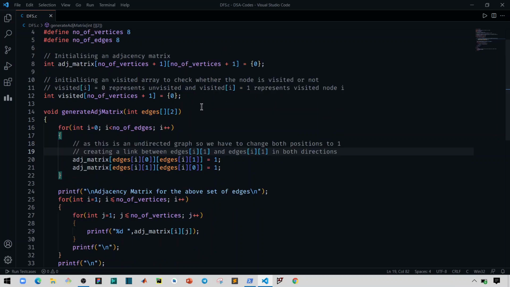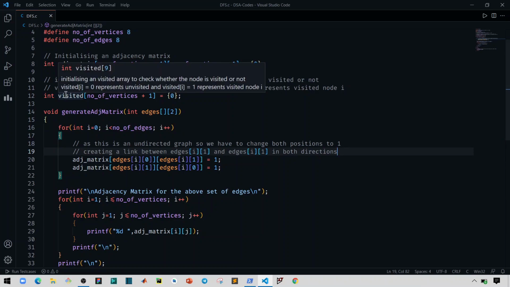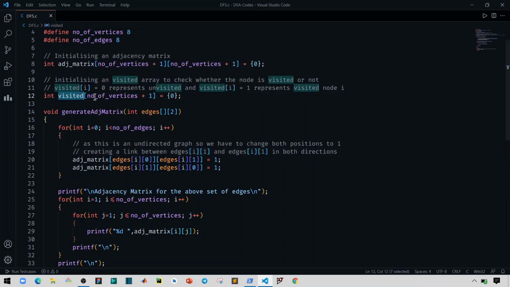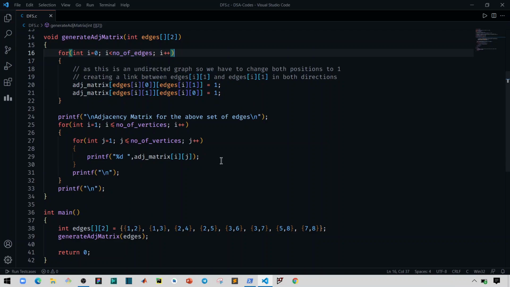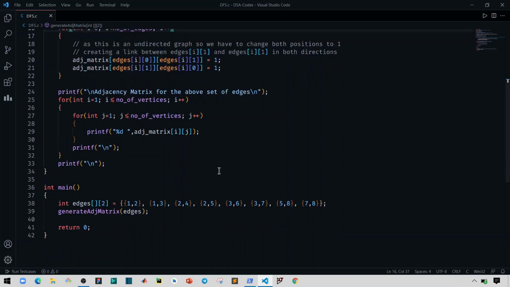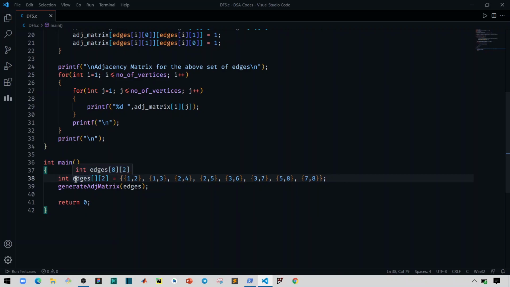We will see that. And then I have declared an array named visited, which also has number of vertices plus 1 as the maximum size, and I have initialized it with 0, which represents that neither of the nodes have been visited earlier. Then we have a generate adjacency matrix function which is taking edges as arguments. Then it is creating our adjacency matrix, and this is the printing of adjacency matrix, and these are set of edges